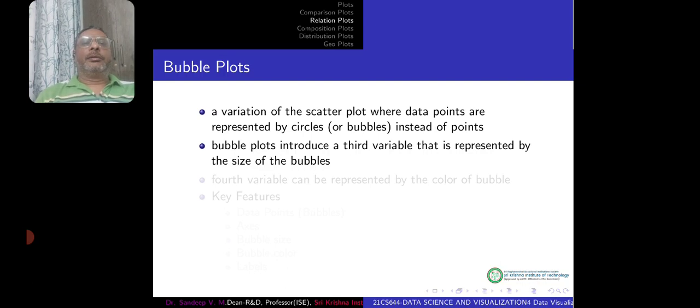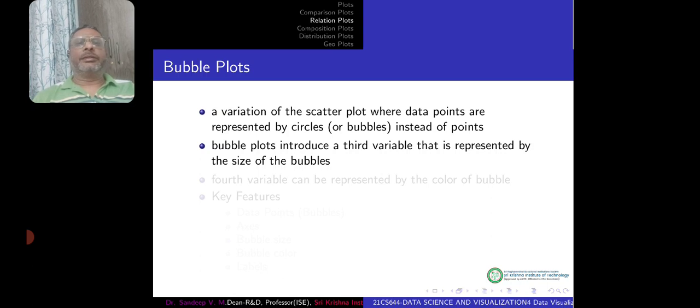So the bubble plot will introduce a third variable which is represented by the size of the bubbles. So we can add a third parameter, a continuous parameter, and that can be used in the form of size of the bubble. So the first parameter is a continuous one which talks about x-axis. Second parameter is another continuous one which talks about y-axis. And third parameter, which is another continuous one, can be used to